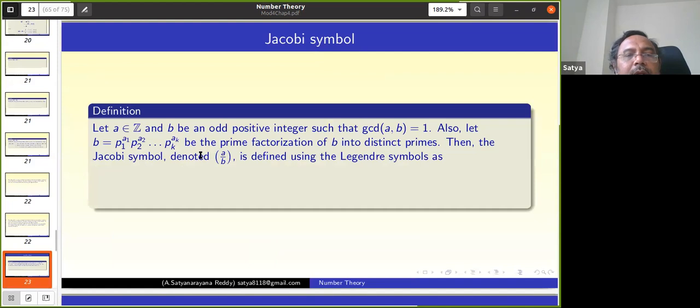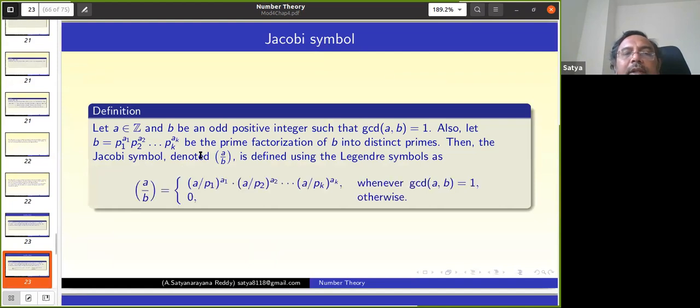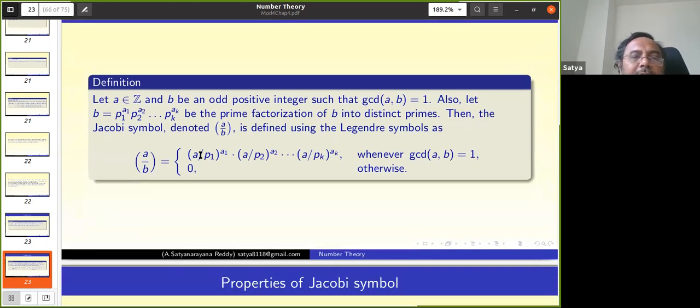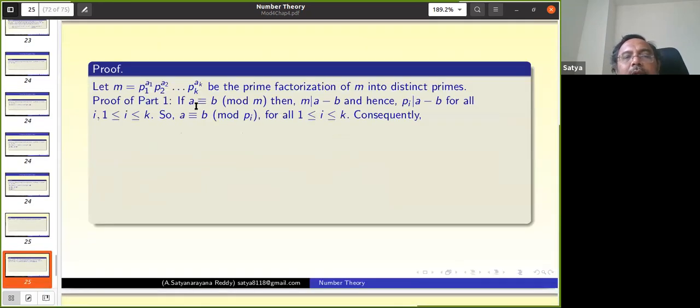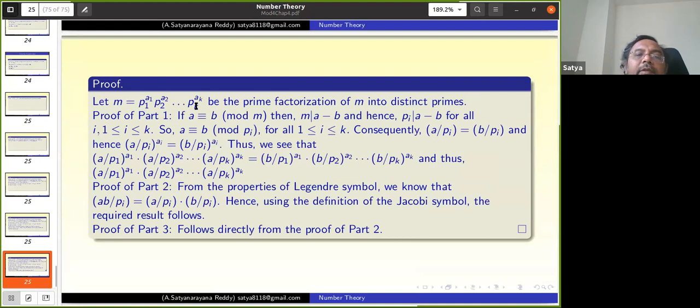Okay, there is another symbol. This is not part of your syllabus. When you do it for more than just primes, where the bottom B is not a prime but a product of composite numbers, how do you do it? So Jacobi brought one symbol, the Jacobi symbol, from which we can compute. But anyhow, I am not asking this in the exam, so you can learn it on your own. This part is very interesting and very simple. If one more class is there, I can complete it, but that's okay. I'll stop.